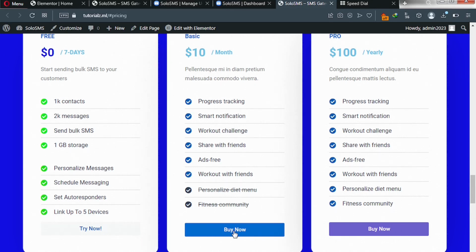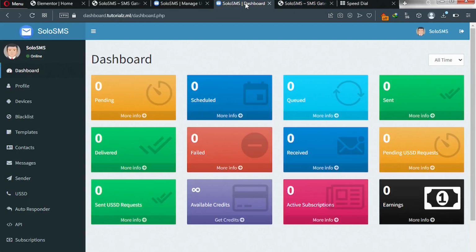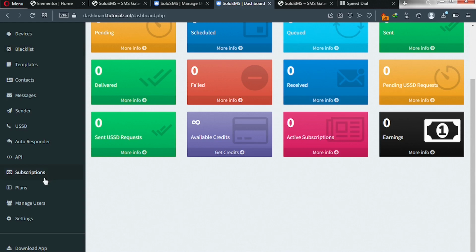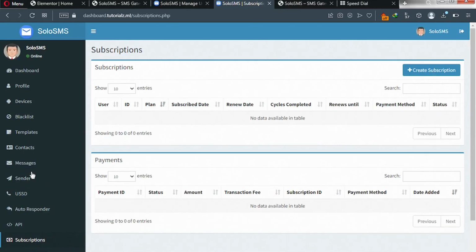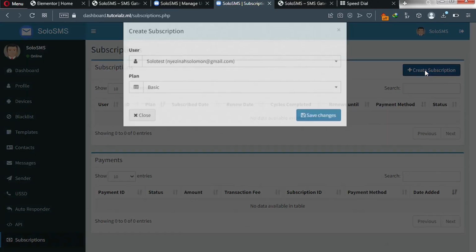And after a successful payment is made, you as the website owner will create what we call a subscription. Now let me show you how you can create a subscription after a user opts in for one of your plans. So we'll go back to our dashboard, which is here, and then you scroll down, and then you click on subscriptions. Let's create a new subscription. So I click on create subscription, and then